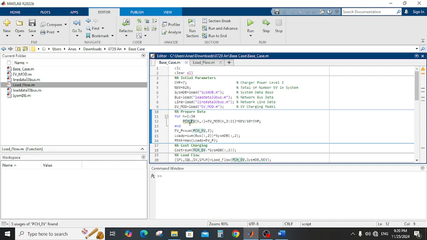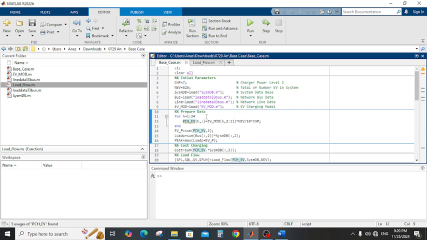This is the power charging of AV during 24 hours. Each hour we calculate how much power from the whole system, and for the whole